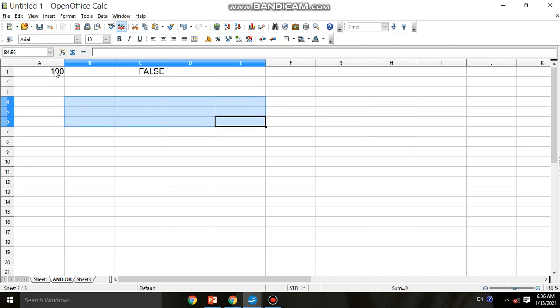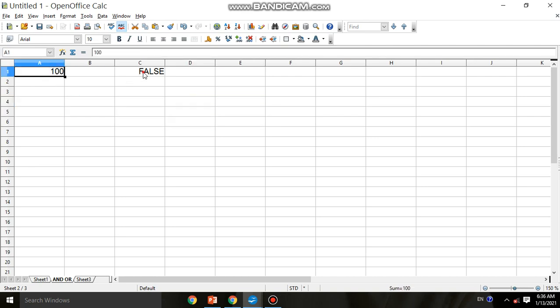Now in the case of the NOT function, I told you, if A1 is 100, meaning if something is correct, then it will return false. If something is incorrect then it will return true. Now you can see A1 is 100, so false. But if I change it out of 198, then it will return true. So it is showing the negative. Okay, I hope you understood. So this is the demo of Calc.